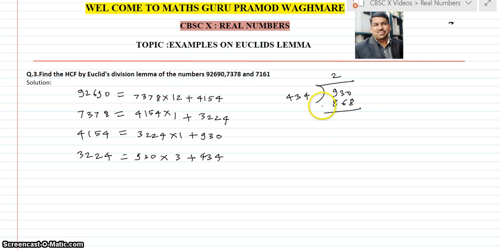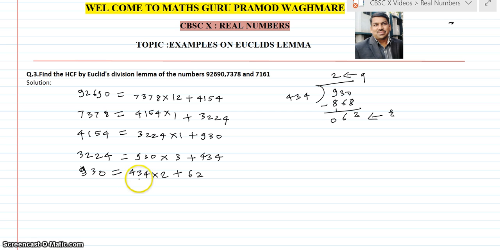868. So if we subtract this, it is what? 2. Then here it is 13 minus 6, that is 6, and here 9 minus 9 is 0. So what is it? It is the remainder. This is the quotient. So we can write using Euclid's lemma, 930 is equal to what? B is now 434 into Q is what? 2 plus R is what? 62. Again remainder is not 0.